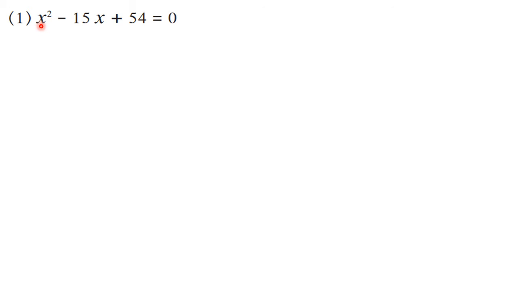First one, x square minus 15x plus 54 is equal to 0. So here, while solving the quadratic equations by factorization method, you have to observe the sign of the last term and the first term here. The coefficients: plus 54 is the coefficient here and 1 is the coefficient here. So we are going to multiply these two coefficients. We multiply 1 into 54, that is 54. First of all, this multiplication should be done. A into C we have to do.